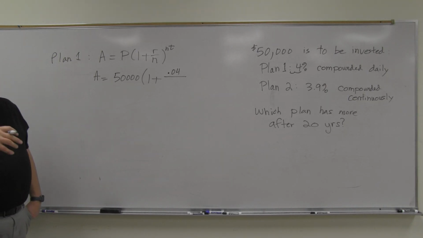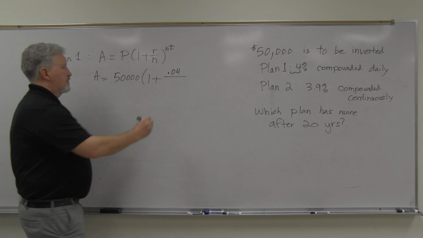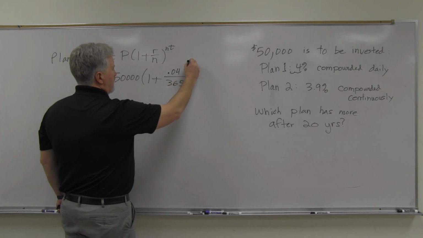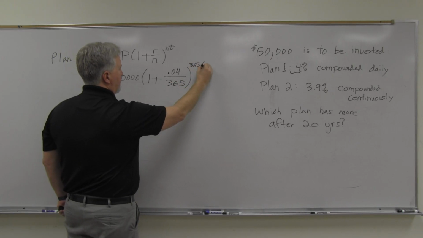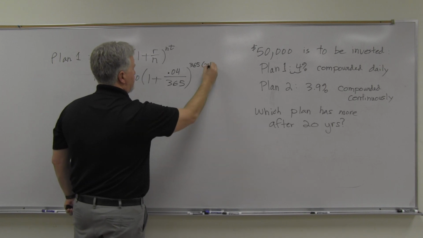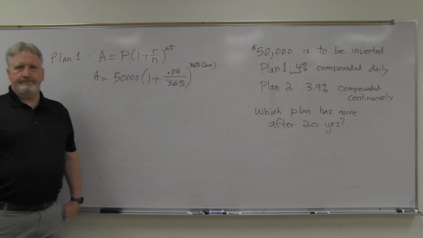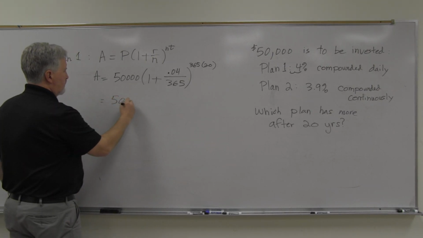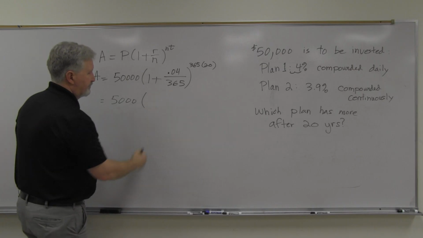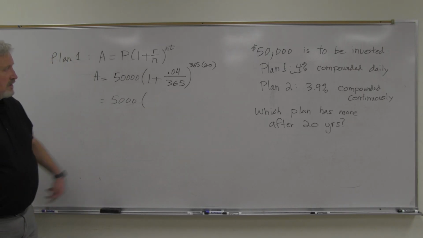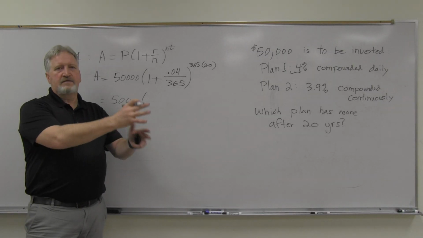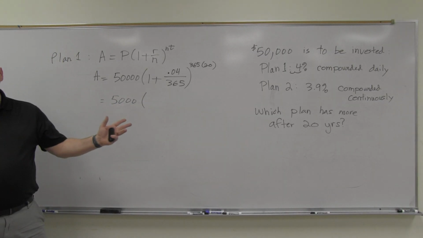If it's daily, 365, that's what we're going to use. n is 365, so it goes under the r, and then it goes up here with the t, 365 times your t, time in years, 20 years. Once again, to calculate that, I would not try rounding that off. That's going to be a mess of a decimal. 0.04 divided by 365, so it's going to be 0.00 something something. And you don't want to even round that off because